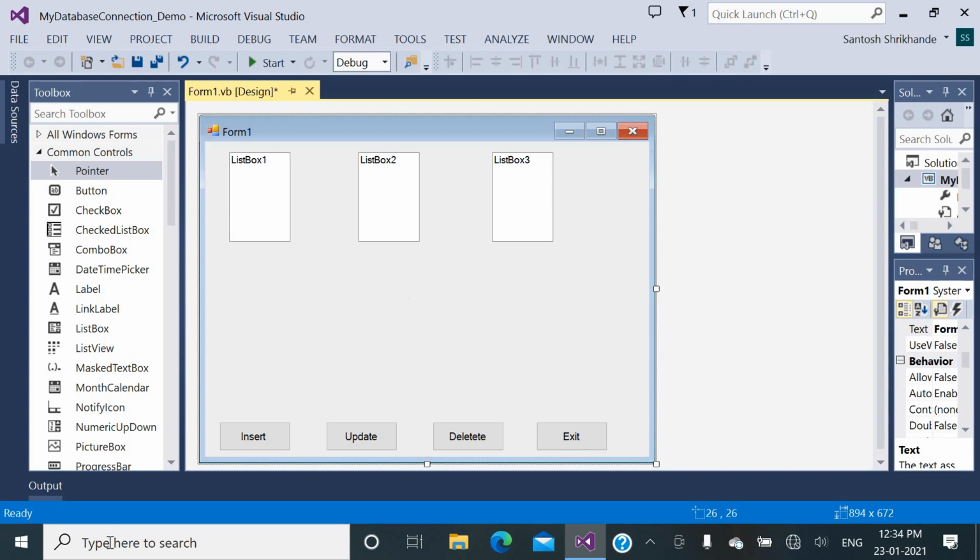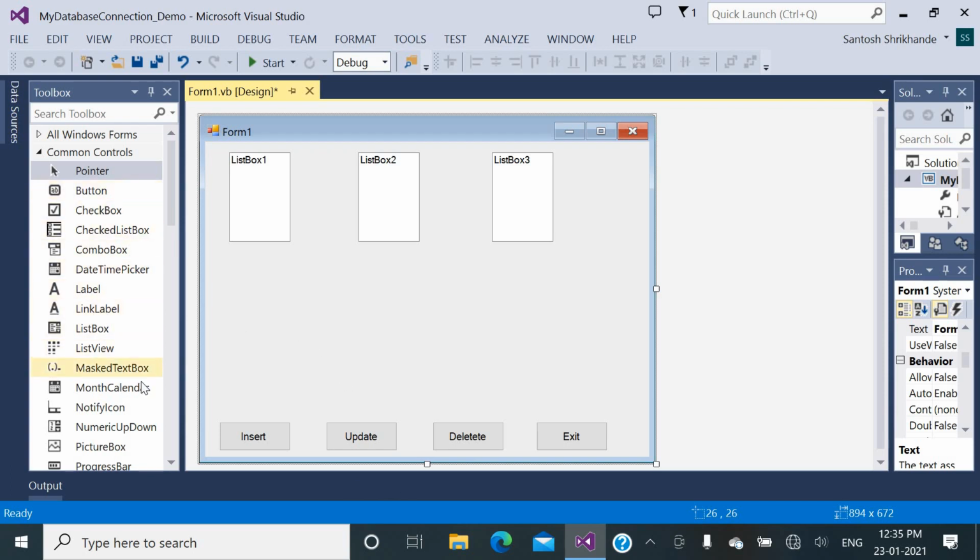So friends, whenever we insert a new record into the Microsoft SQL Server database, we need to provide three values. The first value is for EMP ID, the second is for EMP name, and the third is for the employee salary, so that these three values get inserted into the database.